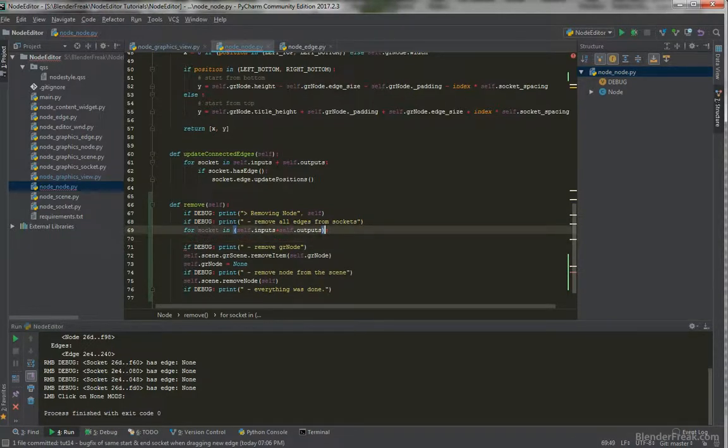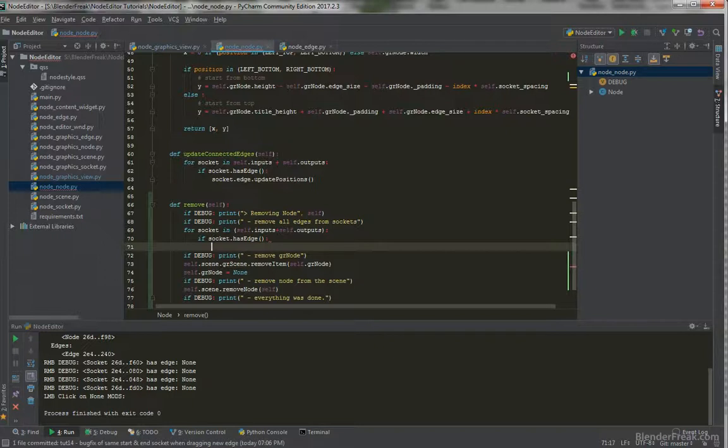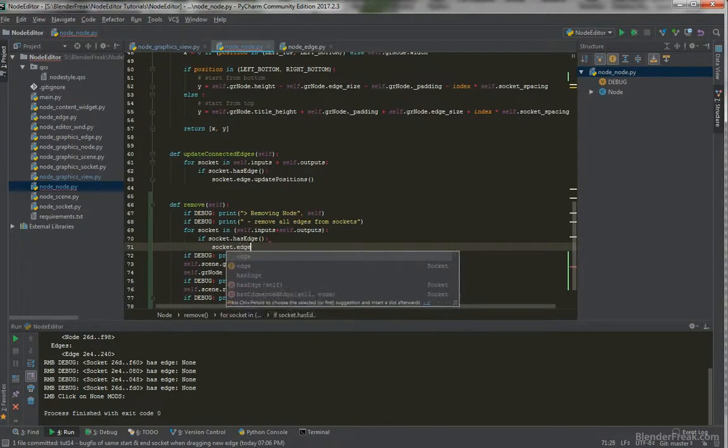We can append these two lists together, and here we know that the socket has an edge, and also it has a method called hasEdge. So if socket.hasEdge is true, then we are going to call socket.edge.remove,